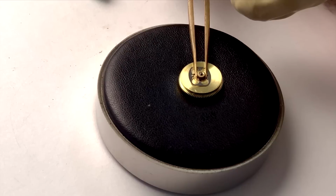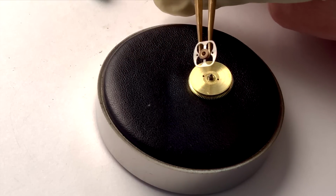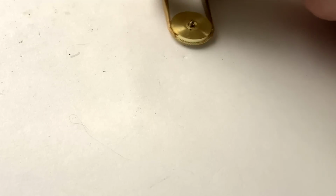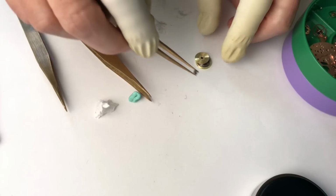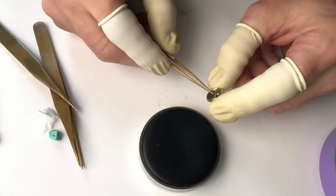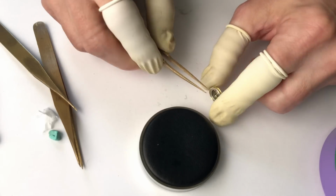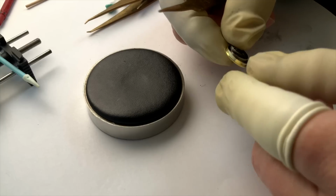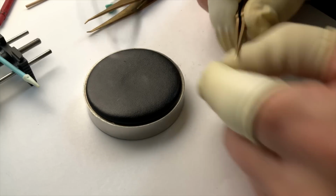This setup is actually not something I've seen before. It's interesting. And I'm back with my special tweezers, and oh, nearly got away. And this is where you need to be careful as you unwind the mainspring. I can see that it's broken in there. It's broken at the...